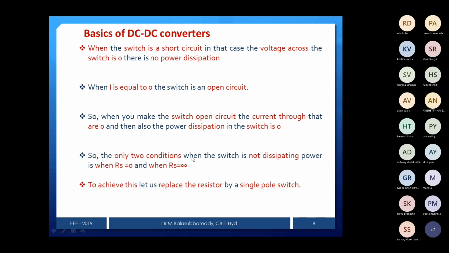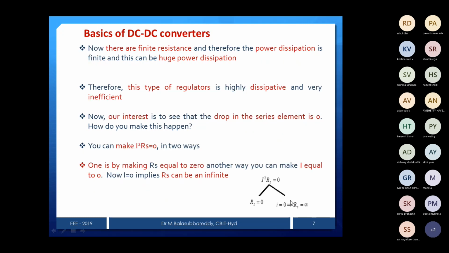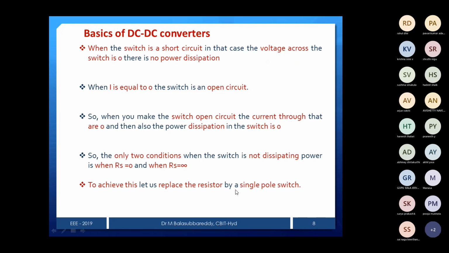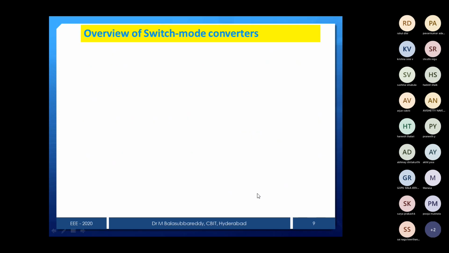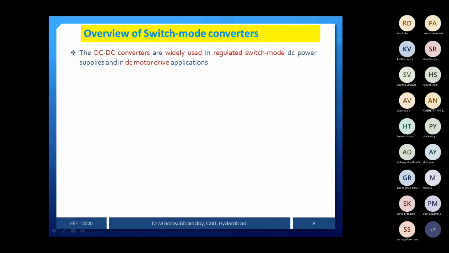To achieve this process, what we require is to replace that resistance by a pole or a switch. Simply, if you do that, we can get it. Now, instead of the linear regulator's resistance, we are using a switch, and we can control it that way. In the other version, you can see how the inside of switched mode converters operates. We will discuss an introduction to the switched mode